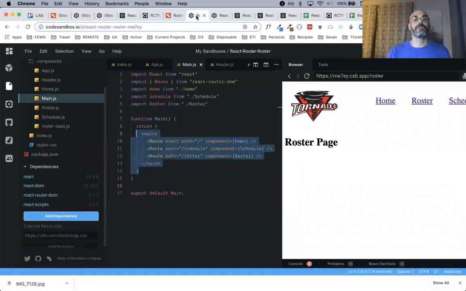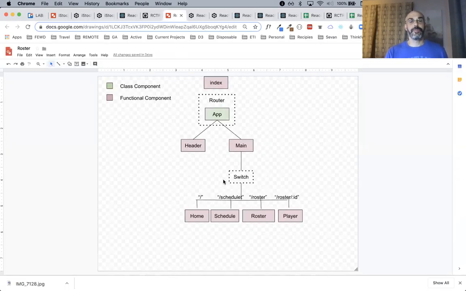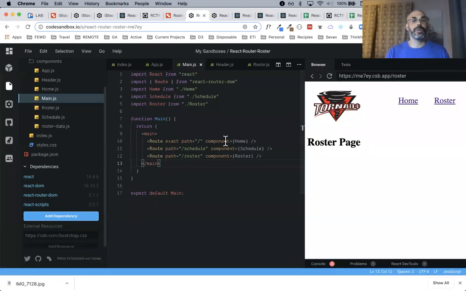Go back to here, the roster page, almost identical, right? And if I compare the roster here, all of this, we did header, main, app, we wrapped it around. I had this route, schedule, roster, and I created these components. So I was trying to align it exactly with what you saw so that you couldn't get lost, I suppose, right?